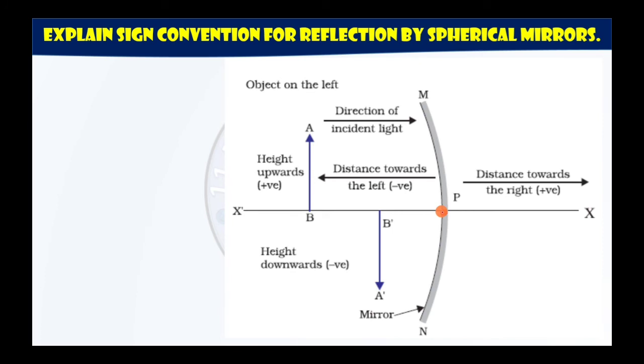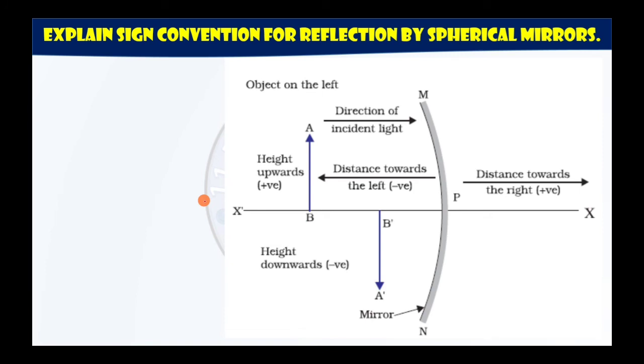The distances that you measure towards the left of the pole are negative. Towards the right of the pole are positive. Above the x-axis are positive and below the x-axis are negative. This is simply Cartesian sign convention and nothing else. Fine, these are the rules. You should know how to write these rules, but more than that, you need to know how to apply these